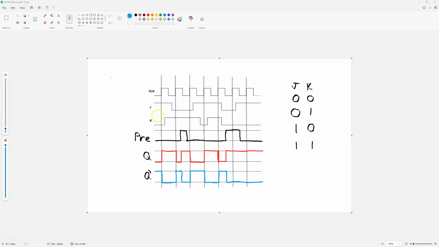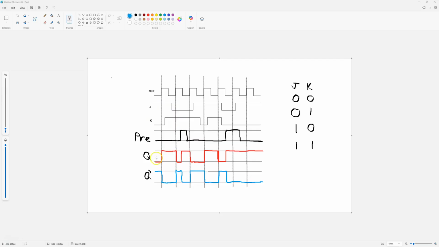And right here is our timing diagram with a preset showcase. A preset essentially sets the Q as high regardless of clock behavior. That is why it is known as an asynchronous control. J and K are both synchronous as they depend on our clock pulse to actually set their